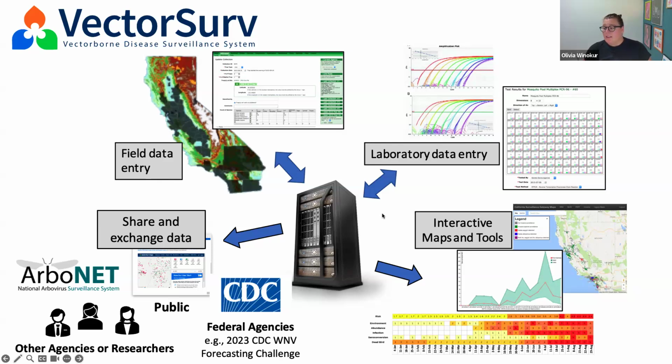VectorSurv is really great because not only does it allow you to manage your data securely in one place, it has a bunch of built-in maps and tools that'll help you make decisions based on the data that you have in the system. So we'll talk about those in a minute. Finally, VectorSurv makes it really easy for you to share and exchange data. It gives you an easy way to export your data for ArboNet. There are a number of public-facing maps that you can embed to put on your own agency websites if you would like. You can give other users access to your data. So this can be other agencies, it can be researchers, it can be anyone. You can add them as a